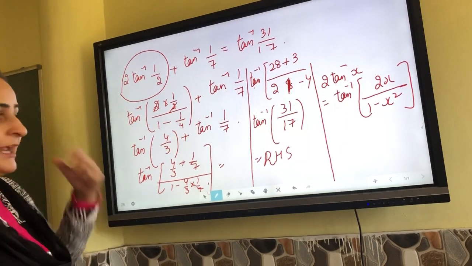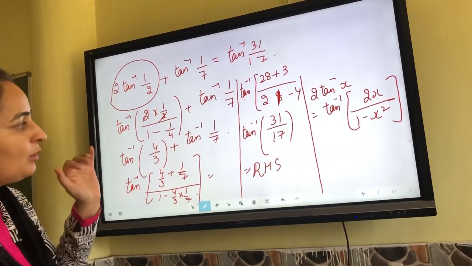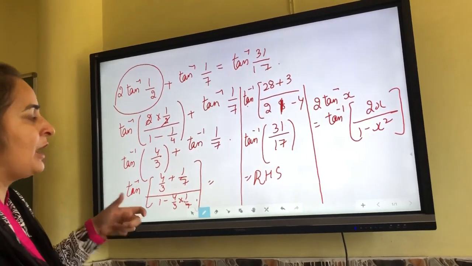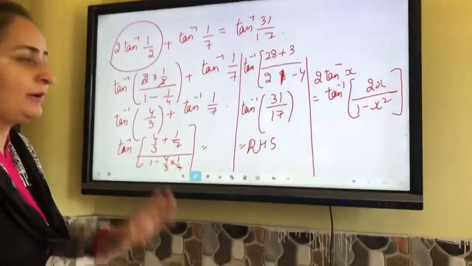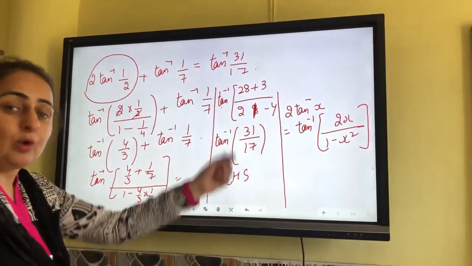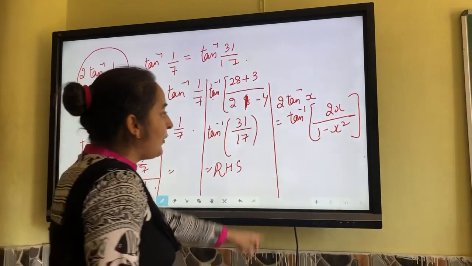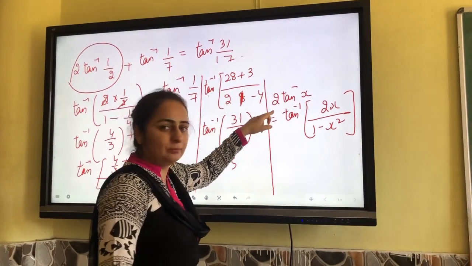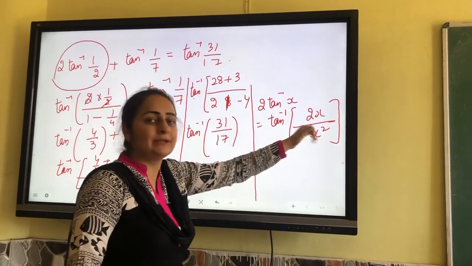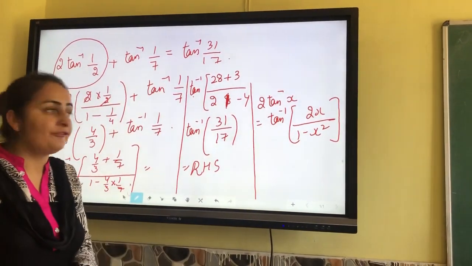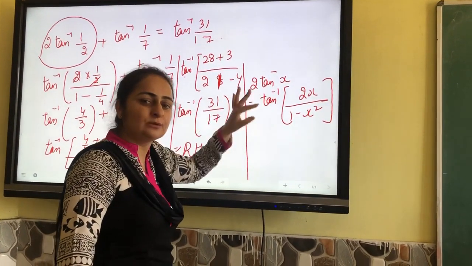Now, we have discussed only the relations between tangents. If the coefficient of tangent is 1, then we will apply the formula between the two tangent trigonometries. And if the coefficient of tangent is 2, there is one more important formula for coefficient 2, that is 2 tan inverse x is equal to, this is the formula. And if there is a coefficient 3 in place of 2, there is no formula.